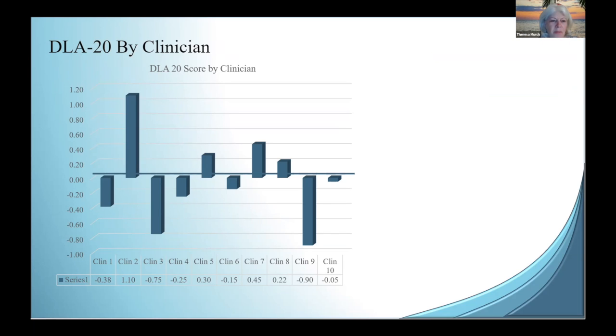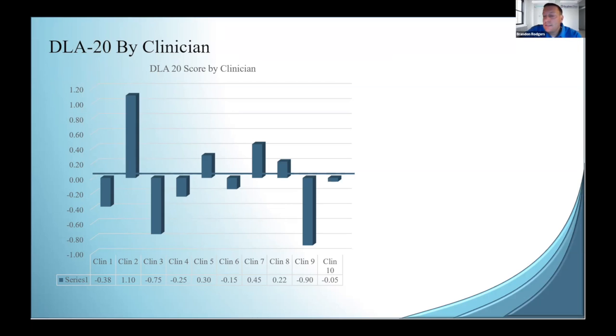Honestly, I want to know what clinician number 2 is doing. Why is clinician number 2 doing so well? This is a change in DLA 20. Correct. So am I reading this correctly, where the bottom is the original part, if you would,